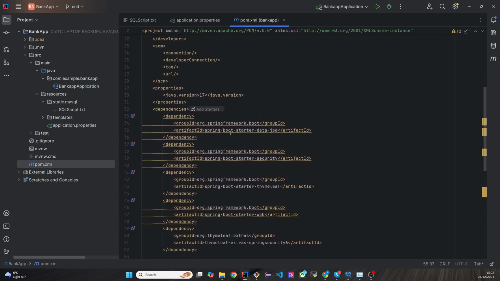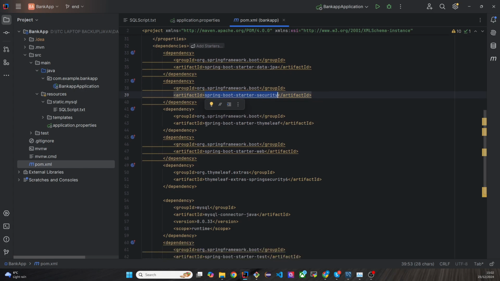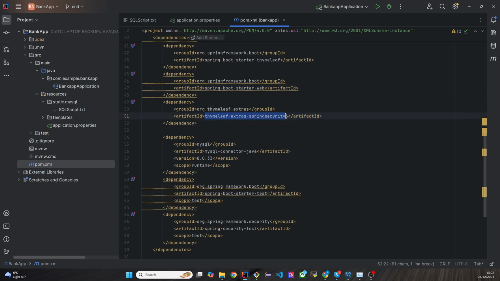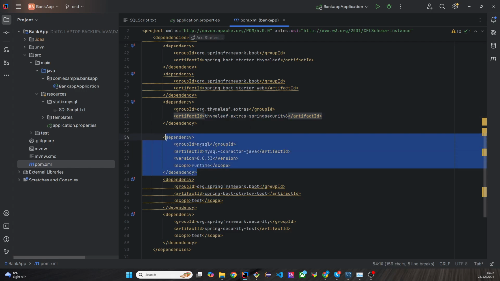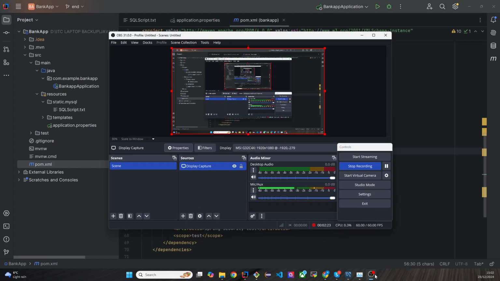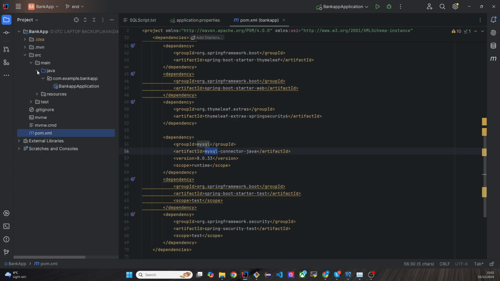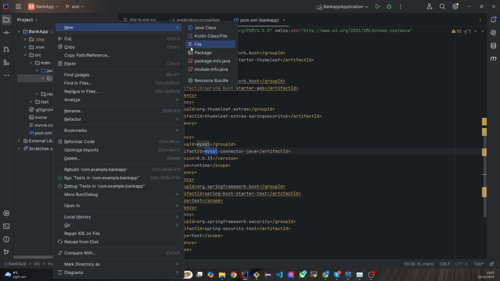So our project has Spring Boot JPA for performing CRUD operations in the database, Spring Boot security, Thymeleaf for the front end, Spring Boot starter web, and Spring security. And since we are using MySQL database, I've used MySQL dependency. But if you are using Postgres, then make sure that you use Postgres dependency here. And this is our project. Inside this, we'll create